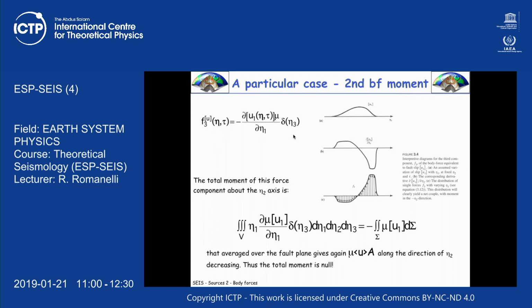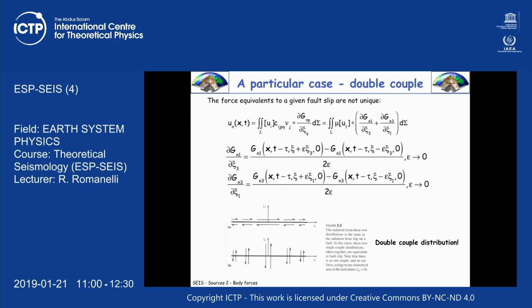Here they will be 0, here they will be 0. Here the moment will increase according to the slip. But this one is not that intuitive. There are many ways to rewrite it. And that's an example. For example,